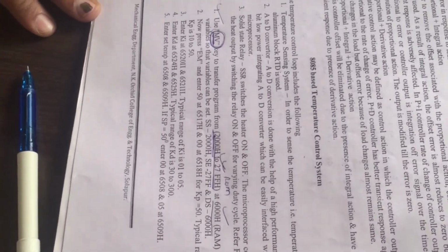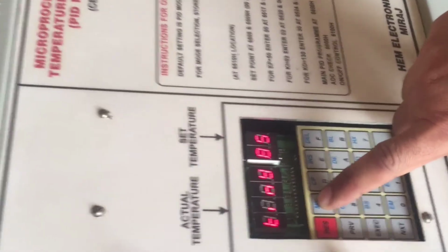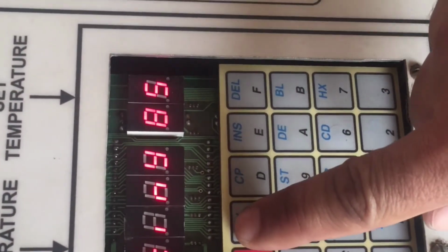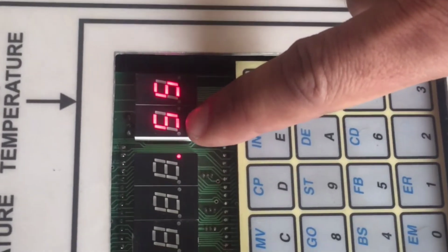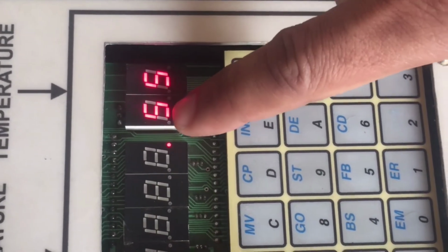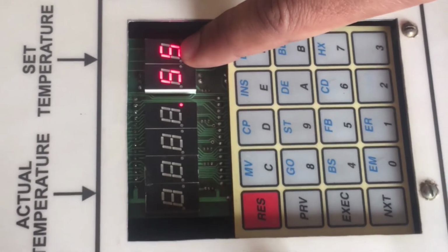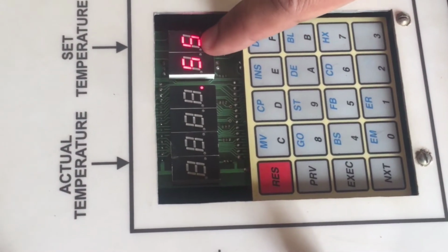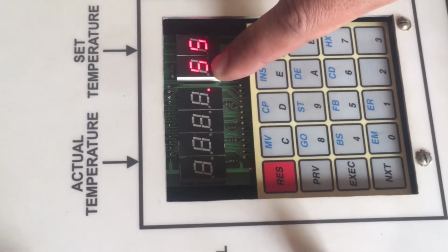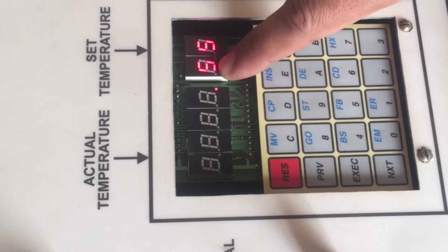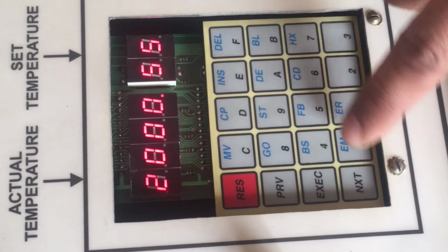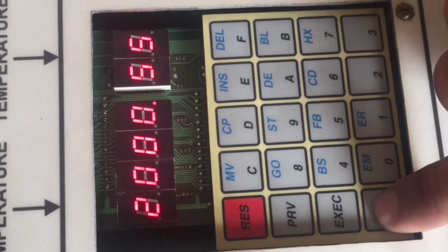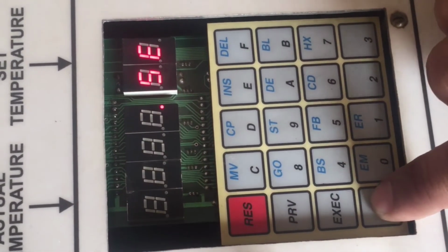So what you have to press? This MV key, that is the move key. On the display, you are observing SS. SS stands for source start. That is the memory location at which the program is available in the ROM. So it is 2000. I am pressing here 2000. Then we have to press the next key. I am pressing the next key.